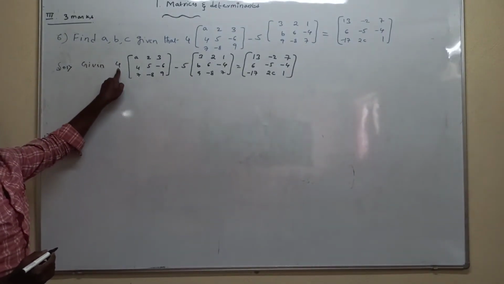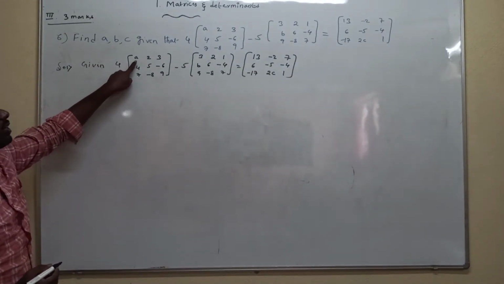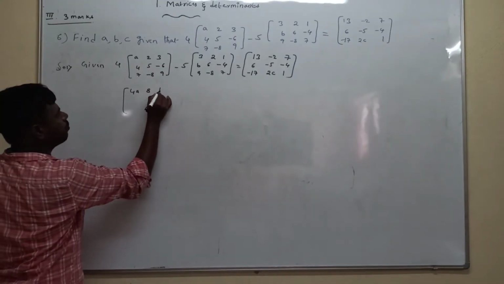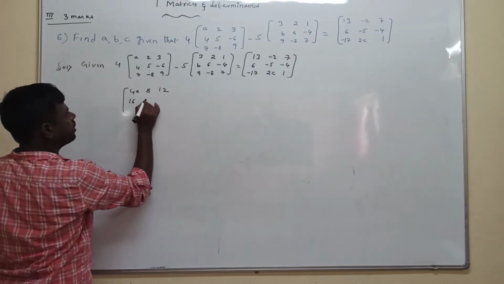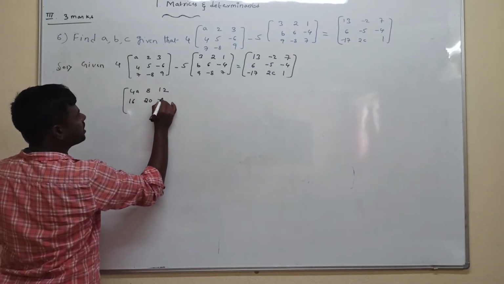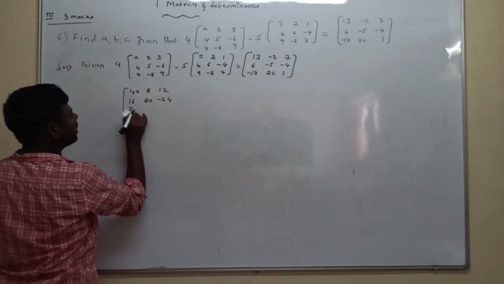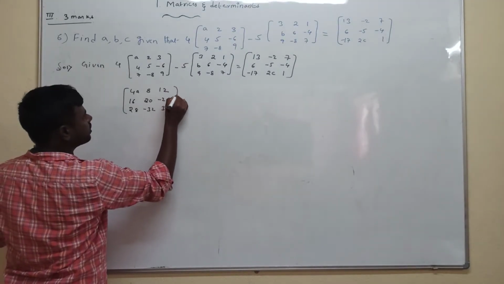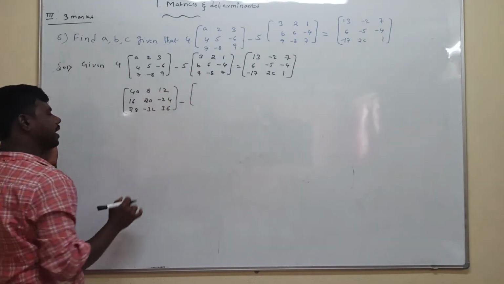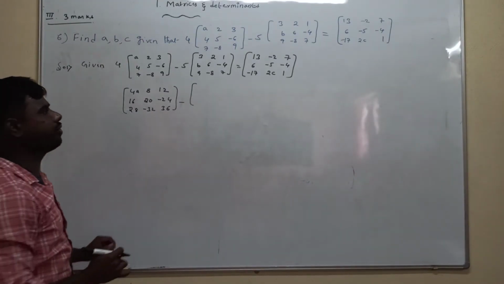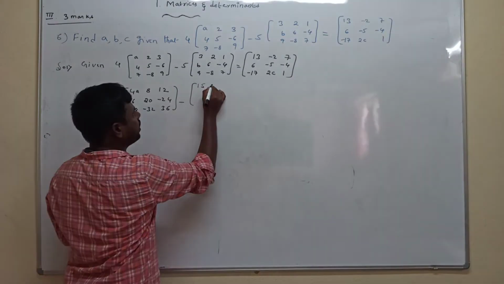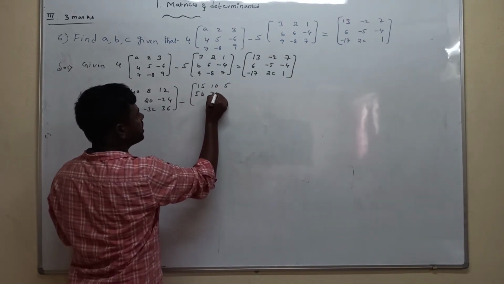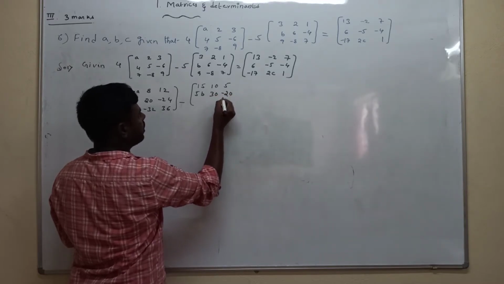Here 4 is a scalar element, that's why each number is multiplied by 4: 4A, 4 times 2 is 8, 4 times 3 is 12, 4 times 4 is 16, 4 times 5 is 20, 4 times minus 6 is minus 24, 4 times 7 is 28, 4 times minus 8 is minus 32, 4 times 9 is 36. Minus 5 is a scalar element, each number is multiplied by 5: 5 times 3 is 15, 5 times 2 is 10, 5 times 1 is 5, 5 times B is 5B, 5 times 6 is 30, 5 times minus 1 is minus 5, 5 times 9 is